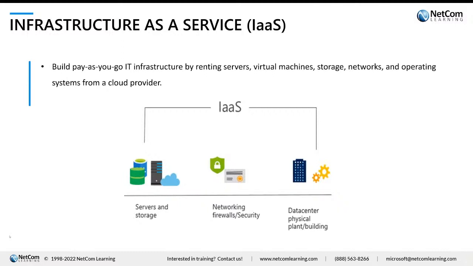The first one is called infrastructure as a service. Infrastructure as a service is basically pay-as-you-go IT infrastructure. So you rent servers, you rent virtual machines, you rent storage, you rent networks, and you rent operating systems from the cloud provider. You build the servers as required, and you put the software that you need there. You add your own users. You do all of that sort of stuff, and you administer everything exactly the same as if you were working in an on-premise data center, right? So you have to build the servers out, and you do all of the work for it.